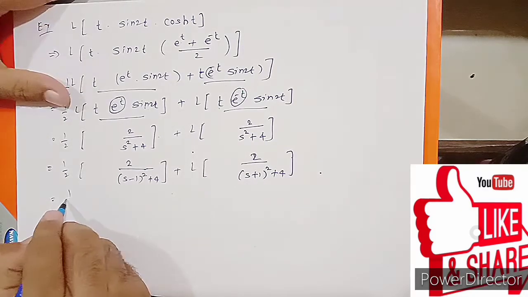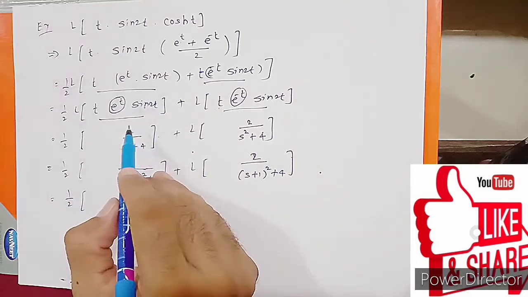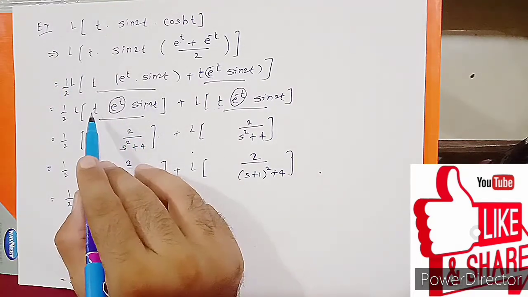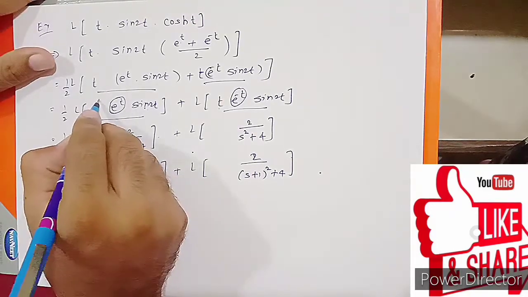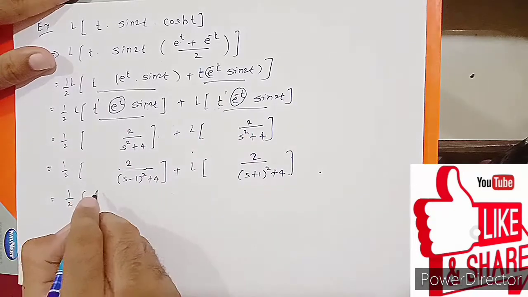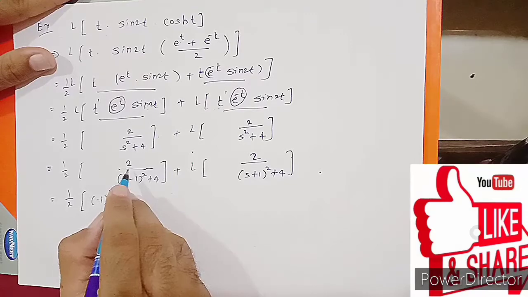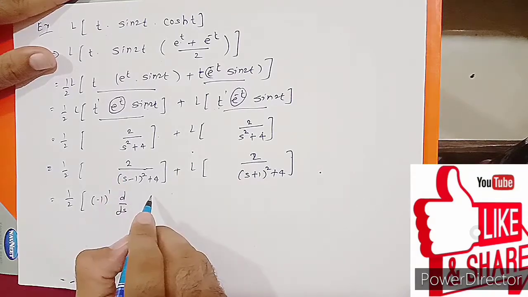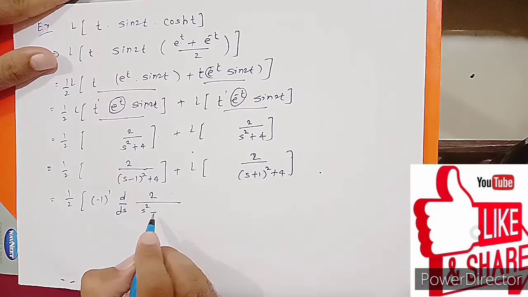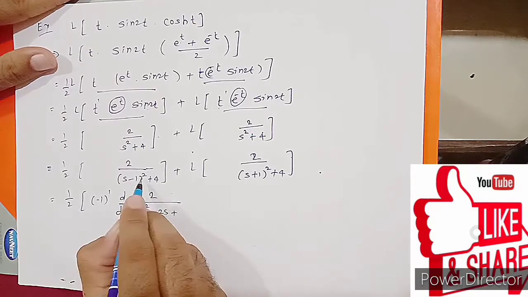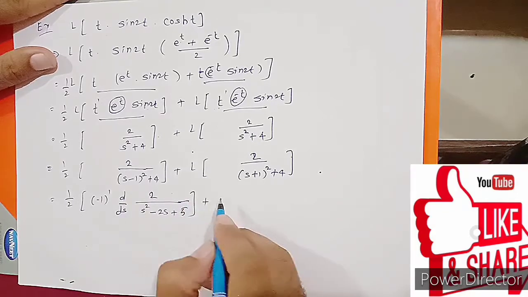Now 1 upon 2, again we are taking Laplace of f of t, we are applying first shifting. Now we apply multiplication of t. What is the multiplication of t? What is the n here? n is 1 here, right. So -1 raised to 1, single derivative of f of s. What is the f of s? We simplify this: 2 upon, what is the square, bracket square, s square minus 2s plus 1, square is 1, plus 4, 5. Okay guys, plus